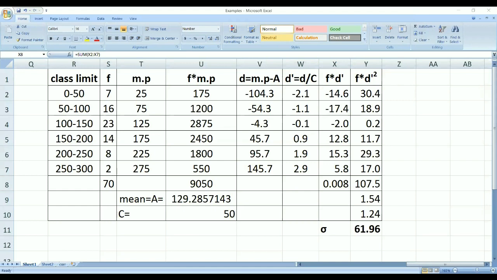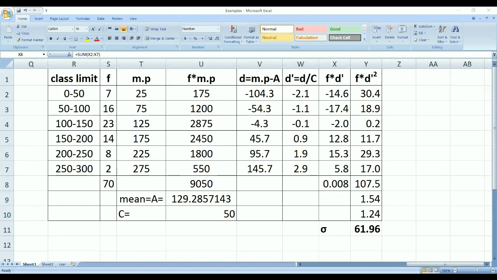Now if you calculate the sigma, there is a coefficient of variation, that is CV. It is denoted by Karl Pearson. It is an important relative measure of dispersion. It is used in comparing the variability, homogeneity, consistency, uniformity in the two series. That's why we are calculating this coefficient of variation.